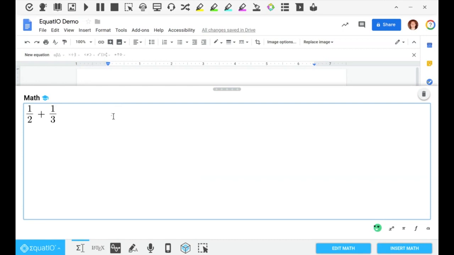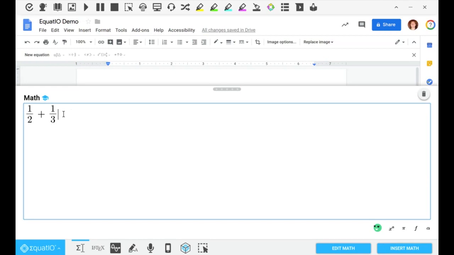So for me, when my students make a mistake, so many times they transcribe the problem down incorrectly. They wrote it down incorrectly from the textbook or the board or whatever. So here we're shifting one of those places where a student can make an error, by transcribing it in there for them. And now we can leverage technology. I can use copy and paste. I can use a lot of the different things that we built into EquatIO.